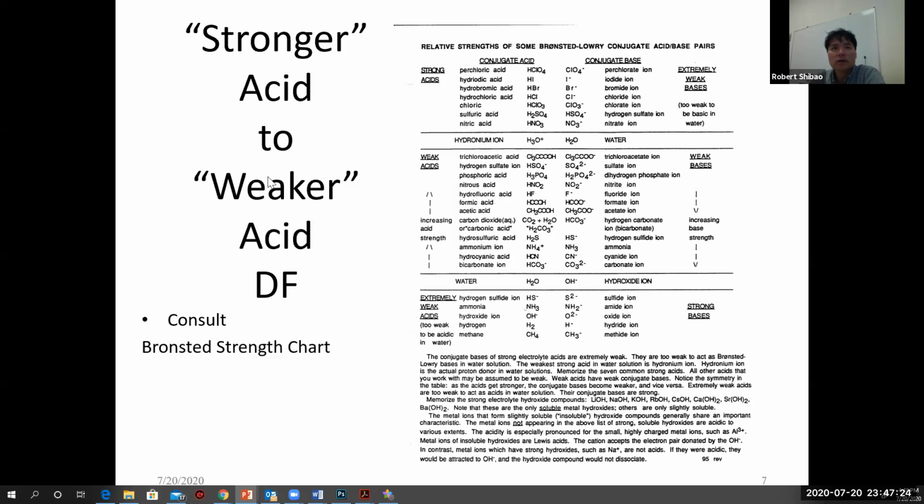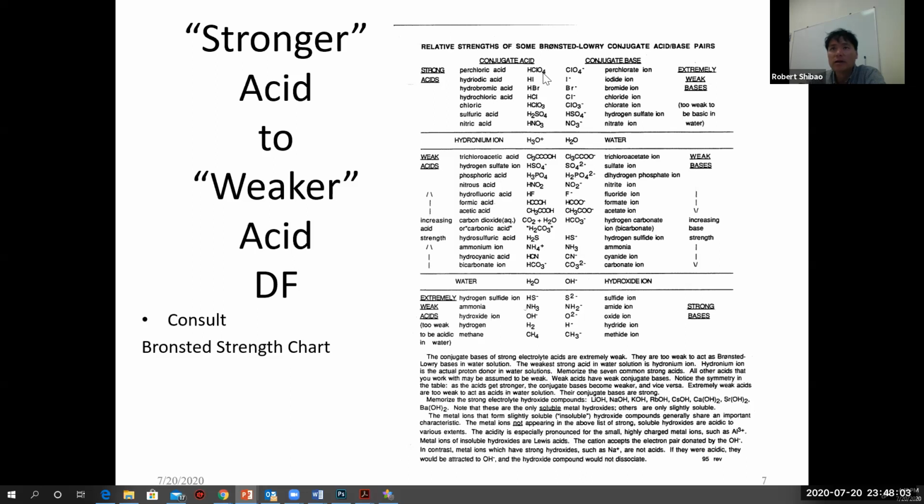Okay, we're also looking at stronger to weaker acids as a driving force. So what we do is we consult the Bronsted-Lowry acid chart here. The strongest acids would be like perchloric acid. Perchloric acid is up here, which is an oxidizing acid. This chart doesn't differentiate between oxidizing acids and mineral acids, not reducing acids. Some acids might be reducing acids as well, like acetic acid. Acetic acid can be a reducing acid because of the acetate group. The acetate group can be oxidized. But anyway, looking at this here, we can get an idea.